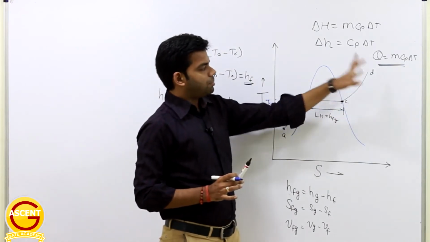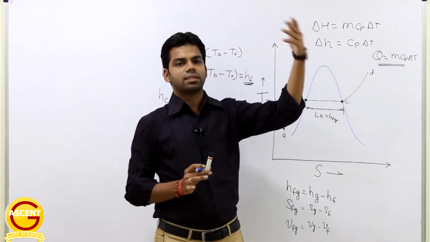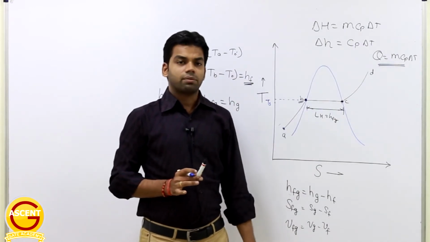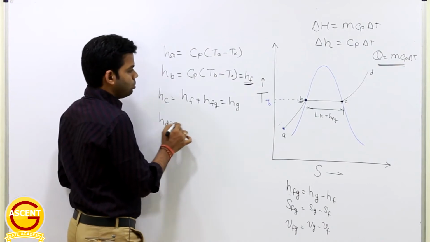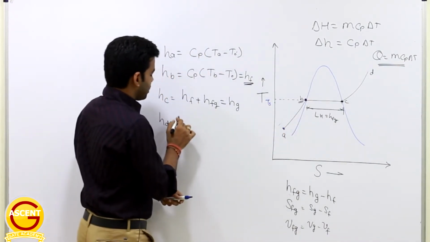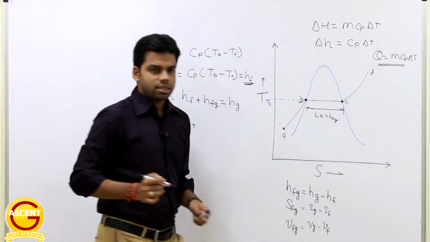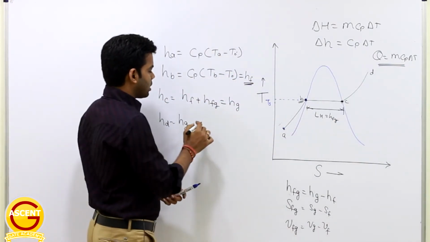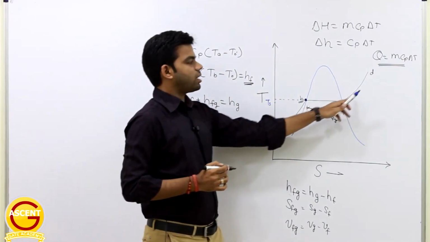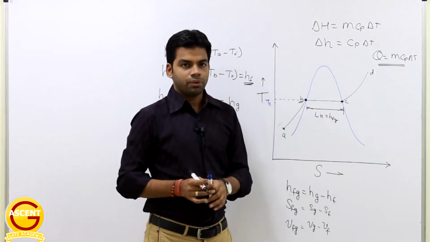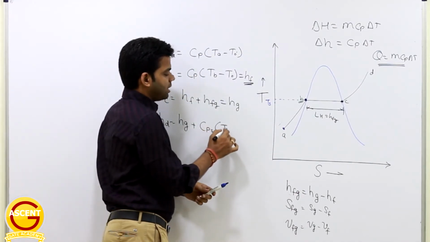Similarly, enthalpy at point D. Okay, so same thing: how much heat is required to convert 0 degree centigrade water to D degree centigrade superheated steam? So this Hd will be equal to, from 0 to C we know, that is nothing but Hg. Okay, then from C to D, this is superheated steam, again for this you can calculate it as Cp into del T. So Cp will be taken for steam, because here we have the water in the steam form. Okay, so Cp of steam into